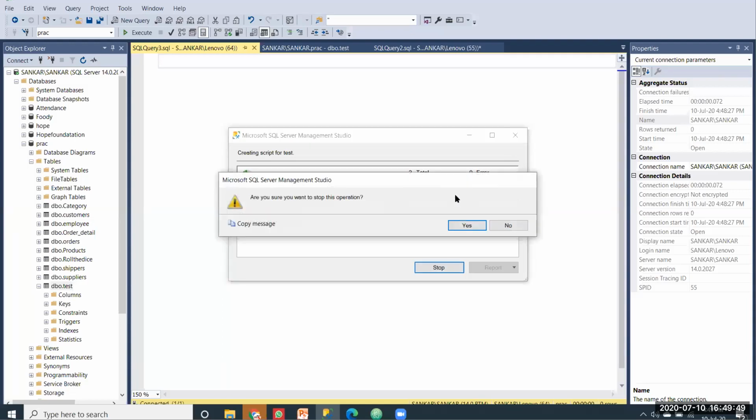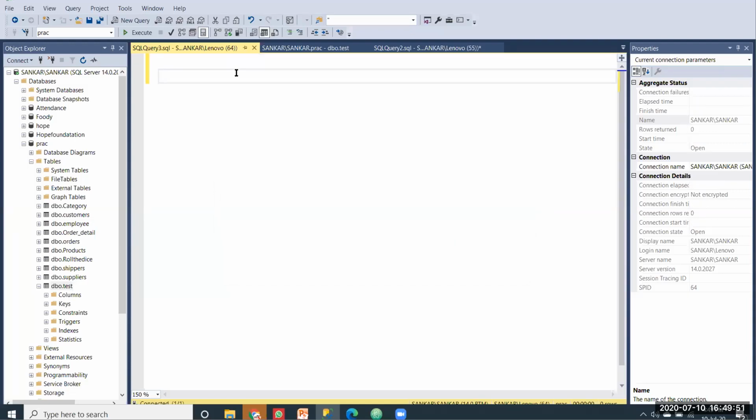Okay, so let's create one more table, that is test one. Here we have to mention table. Here I'm going to pass ID, that is int.